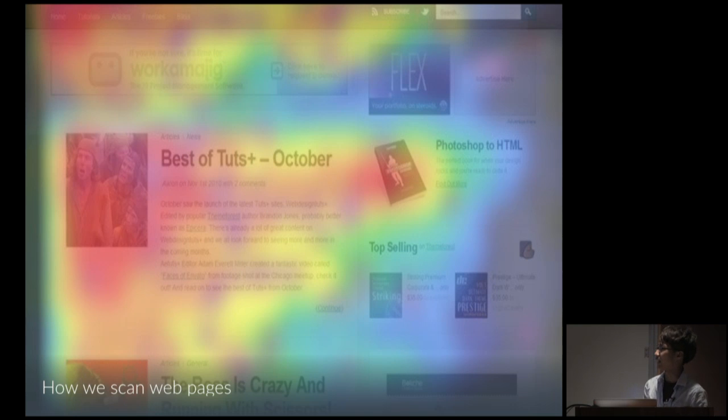So this is a graphic from research they conducted where they would track users' eye movements. You see that the red is the area where the user's eyes go the most, and blue is where there isn't a lot of attention. As you can see, the top left area of a web page gets the most attention, whereas the bottom right gets the least. So based on this information, a logical step would be to place the most important element on the top left.